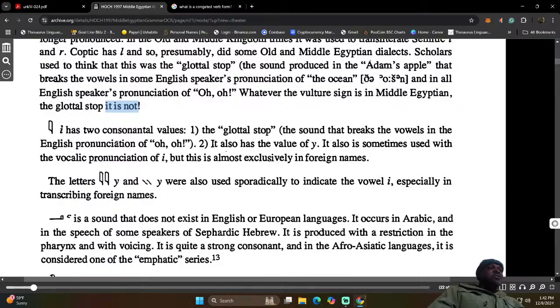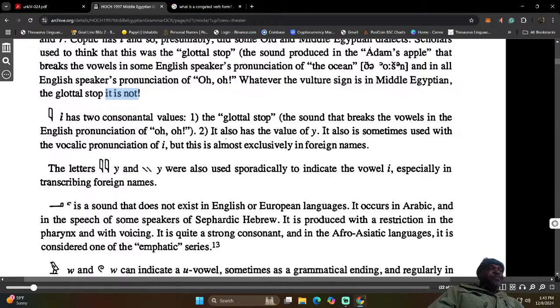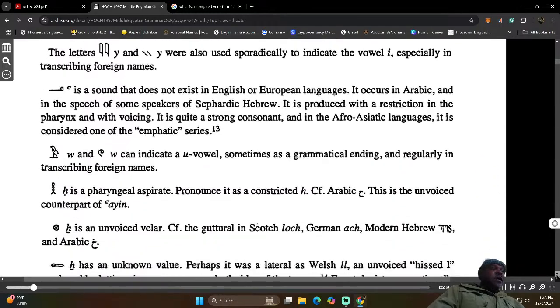The I has two consonantal values. The glottal stop, the sound that breaks the vowels in the English pronunciation of uh-oh. It also has the value of Y. It is also sometimes used in the vocal pronunciation of I, but this is almost exclusively in foreign names. I encourage you to read all of these,